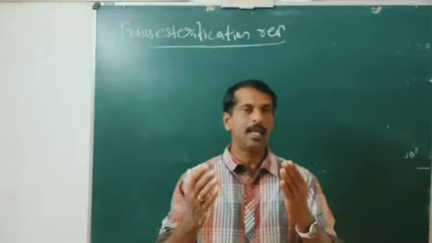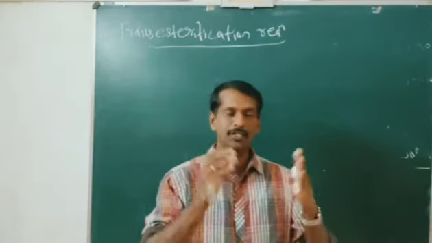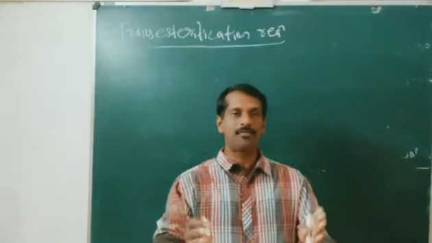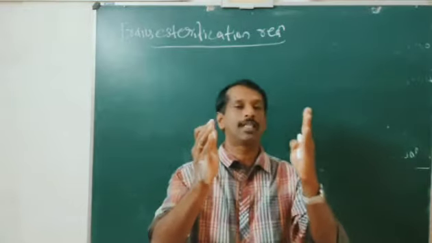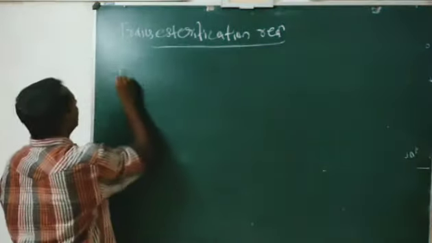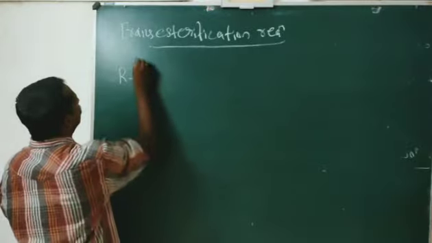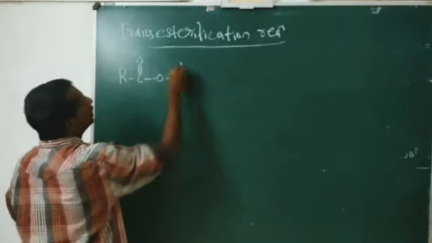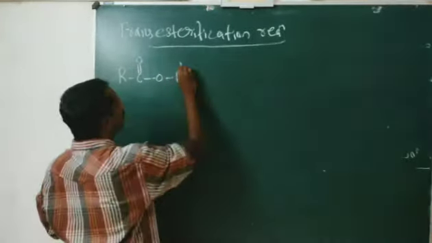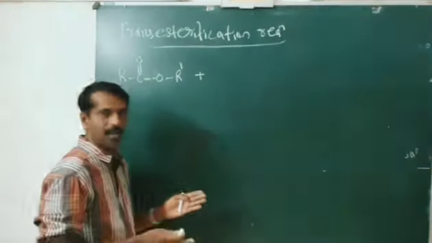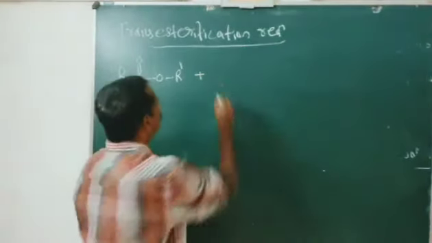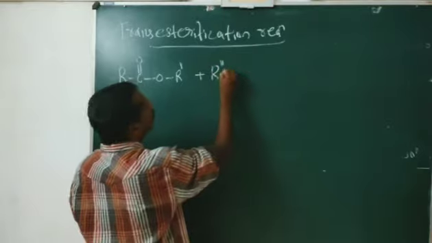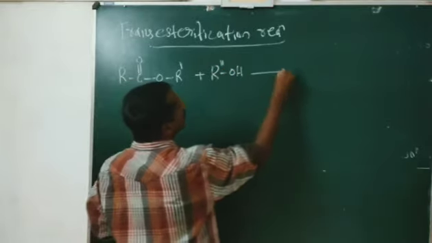So once again, when an ester RCOOR', this is an ester, is heated under reflux with a large excess of an alcohol, I am taking alcohol R2OH, in the presence of an acid,